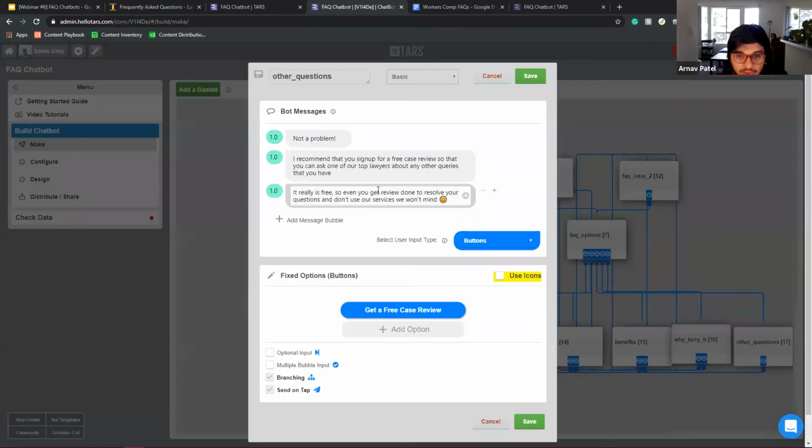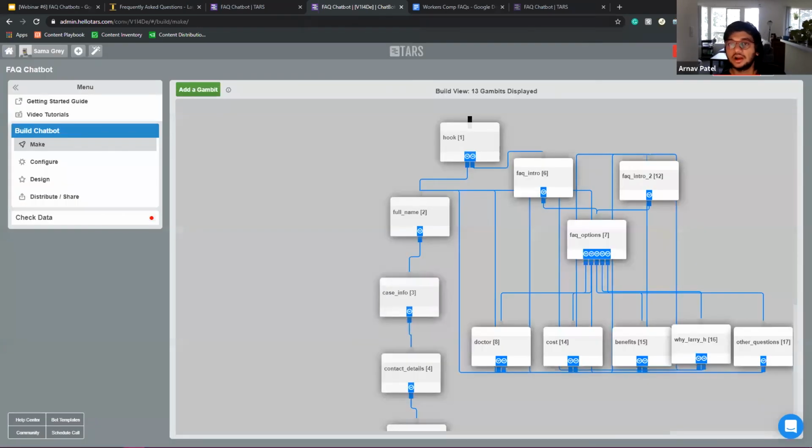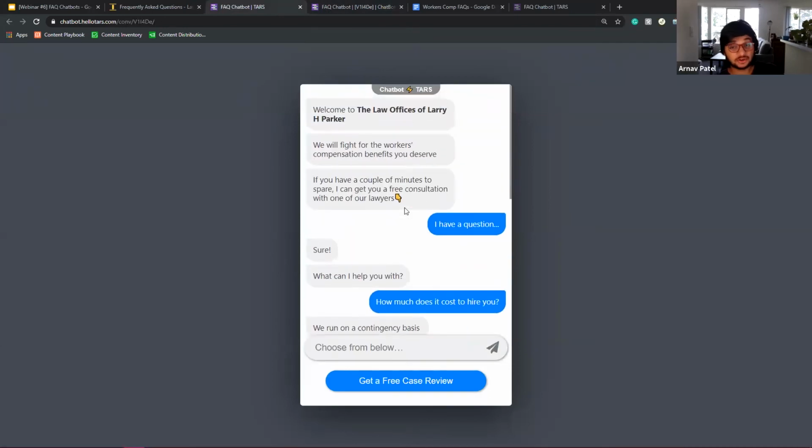So get a review done. And with that, the entire flow is complete. The only thing that's left to do now is to deploy this onto your Google Ads campaigns or deploy it as a widget onto your websites. And of course, before you do that,